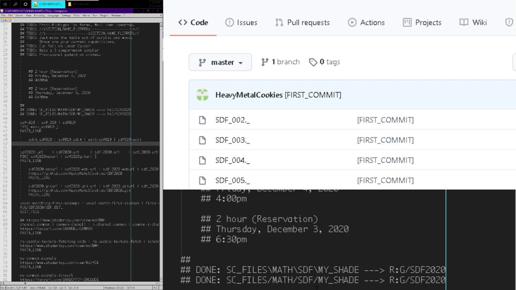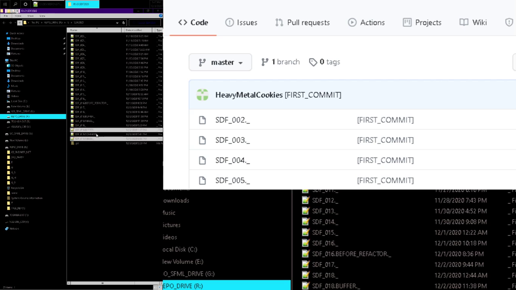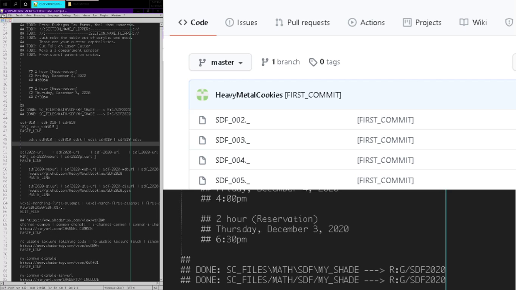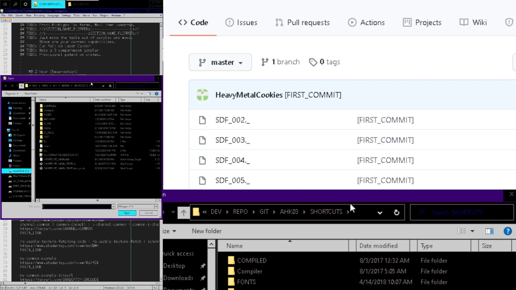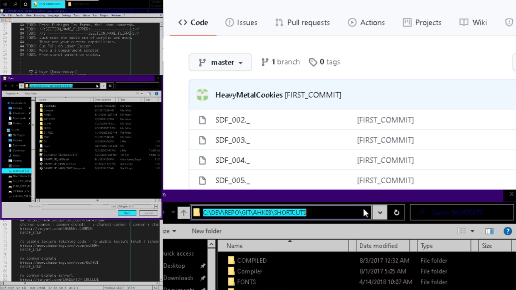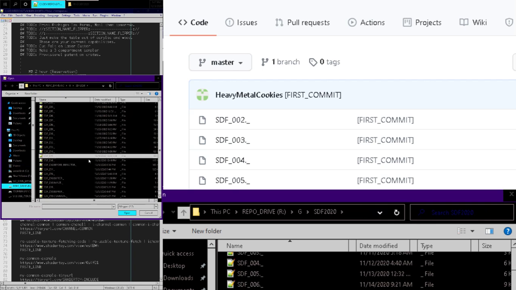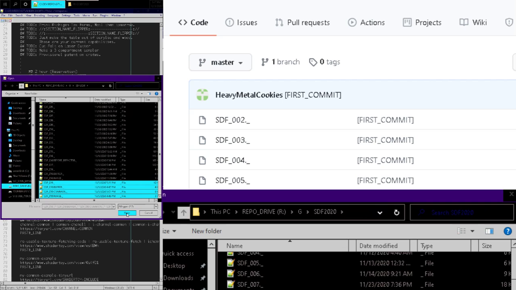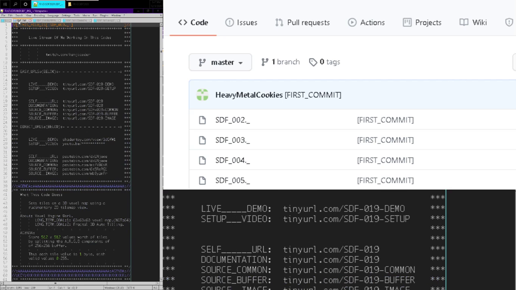Okay, so with SDF 019, there are multiple files. Actually, let's do this. We'll go File, Open over here, and take this folder location, paste it in there. And we'll take all of the SDF 019 stuff. So all this stuff, we'll open it up, and full file path to clipboard,